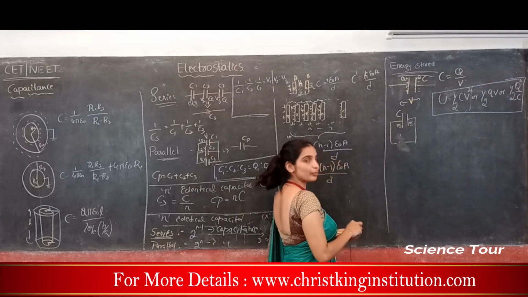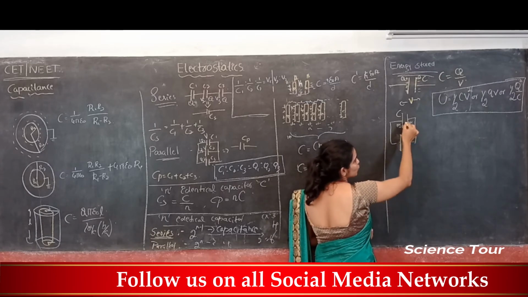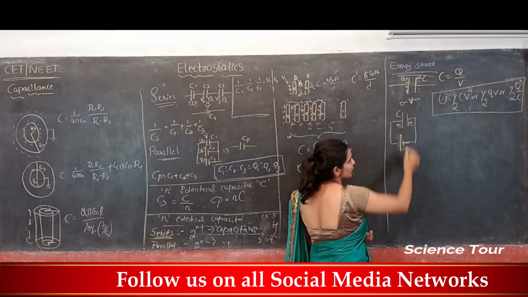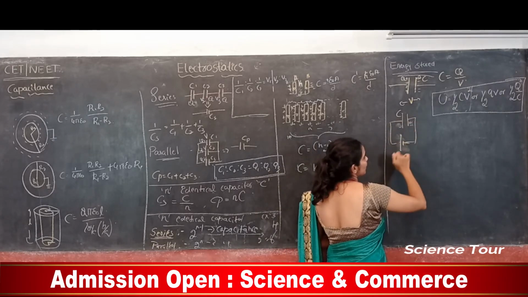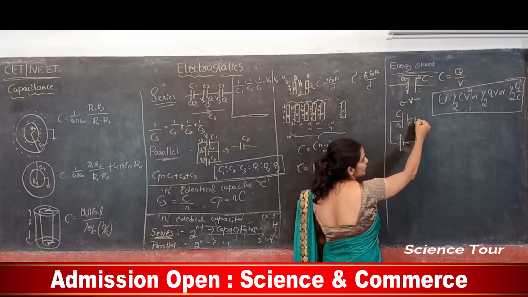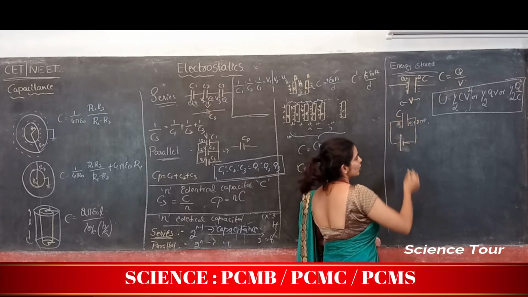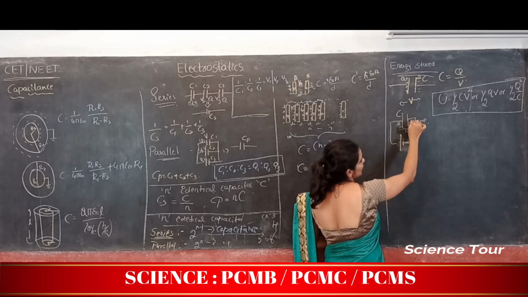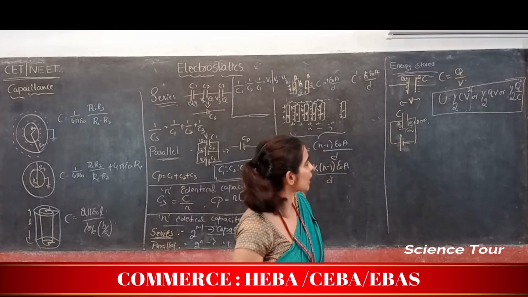So when I connect it to a battery, what happens? Electrons from here will transfer to here until all the 10 electrons come and join here. What will be the electron number here? Electron number here is 20. What is the number of electrons there? 0. Then what is the potential difference here? 10 volt, because of the difference in the number of electrons. So that is called charging.